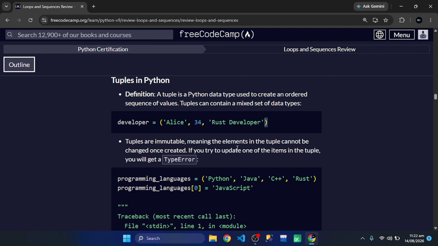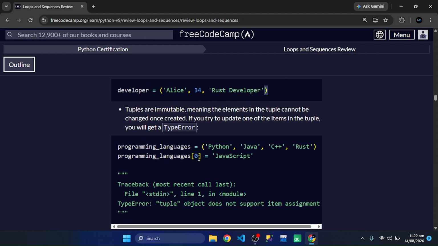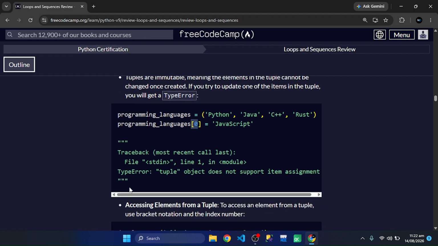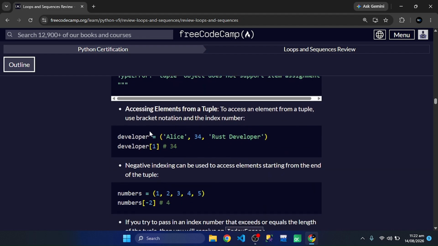It is immutable, and if we try to add an element to it, it will generate a type error,